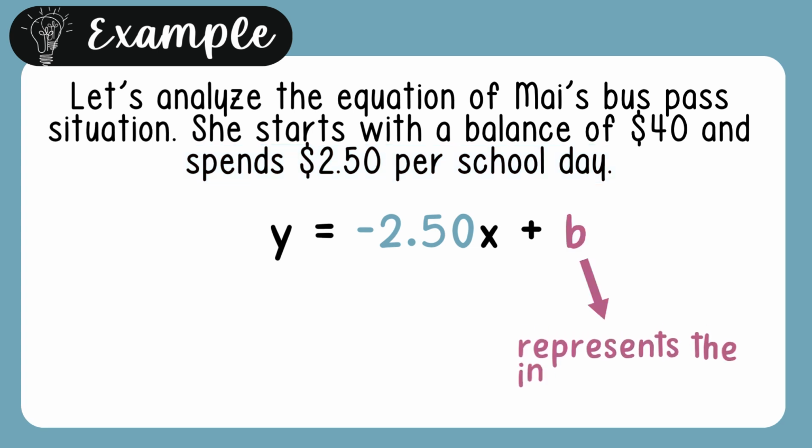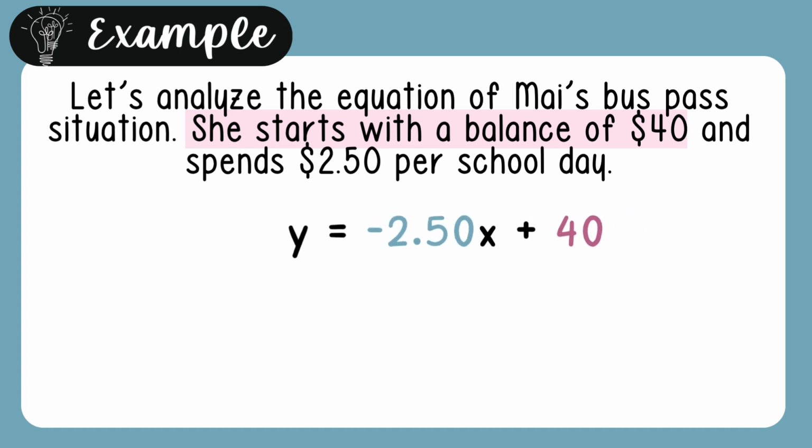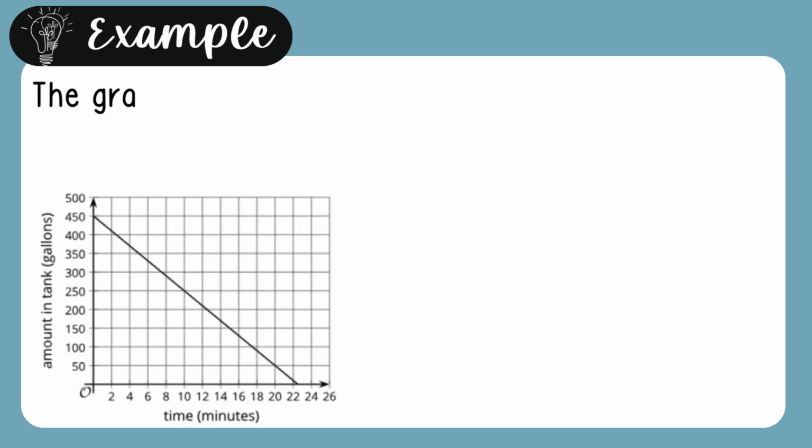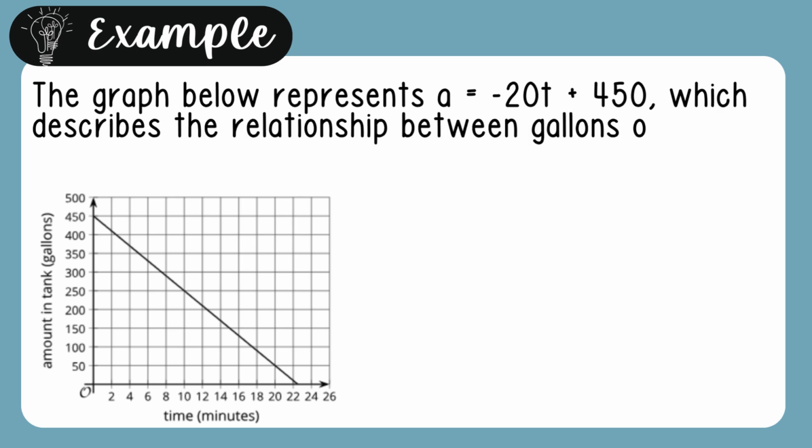And then we know that b represents the initial value. And the story tells us that she starts with a balance of $40. So we can replace b with 40. And now we have an equation for this situation. Here's another example. The graph below represents a equals negative 20t plus 450, which describes the relationship between gallons